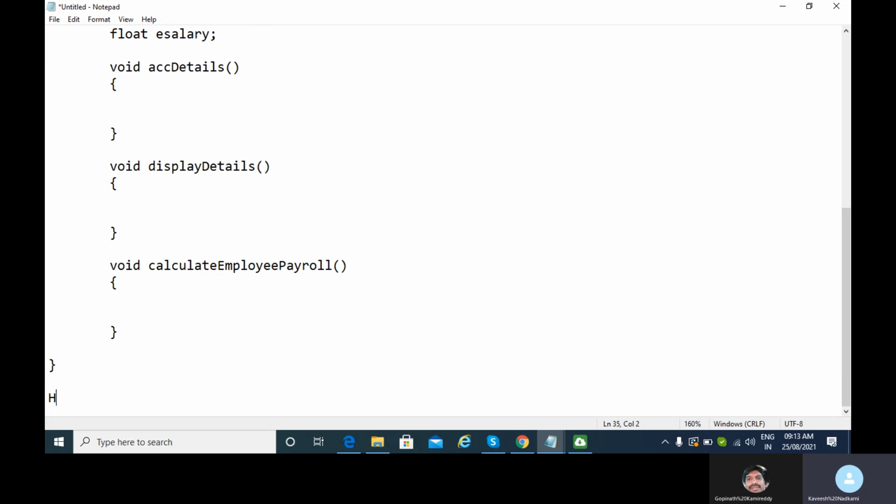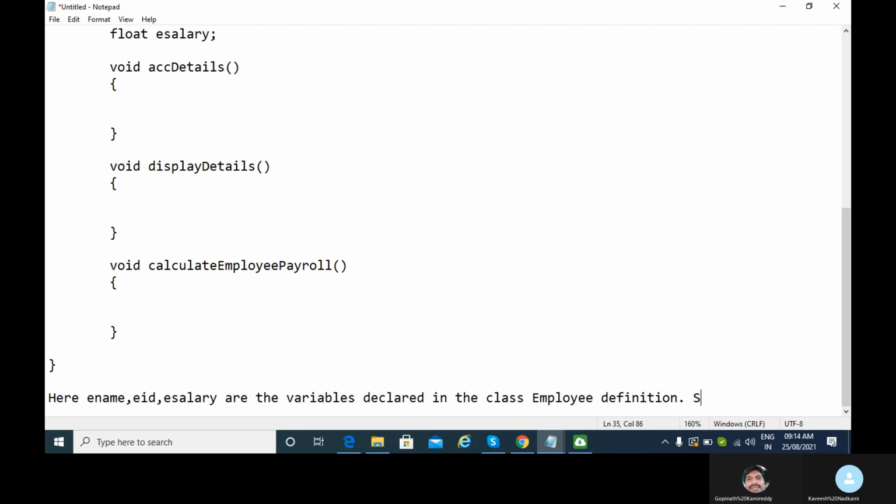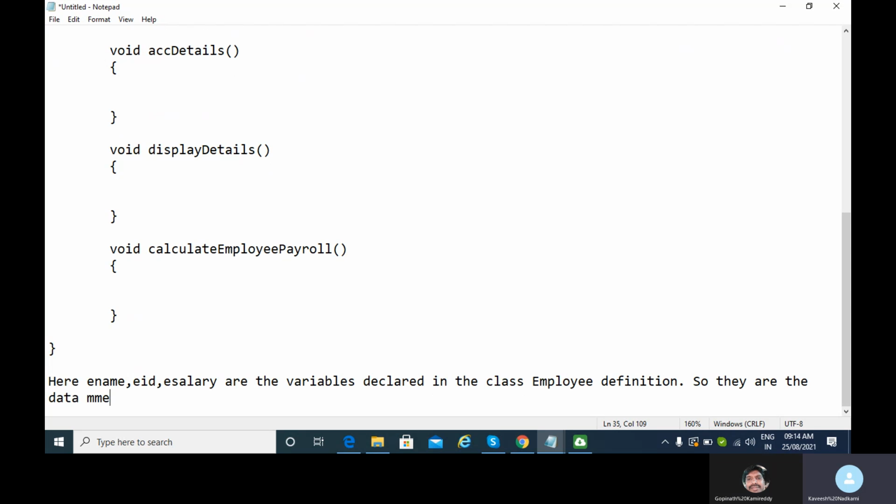Now I will just write here. Here, ename, eid, and eSalary, the variables declared in the class employee definition. So they are the data members of class employee, Gopinath.